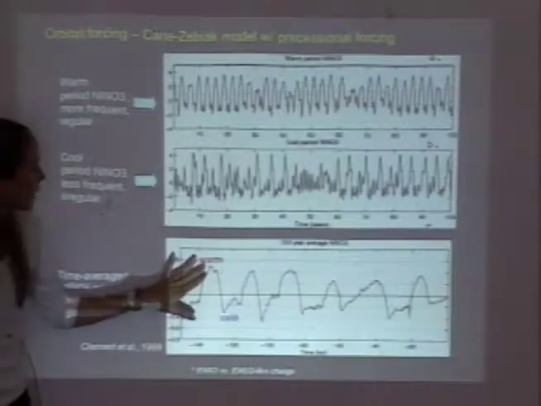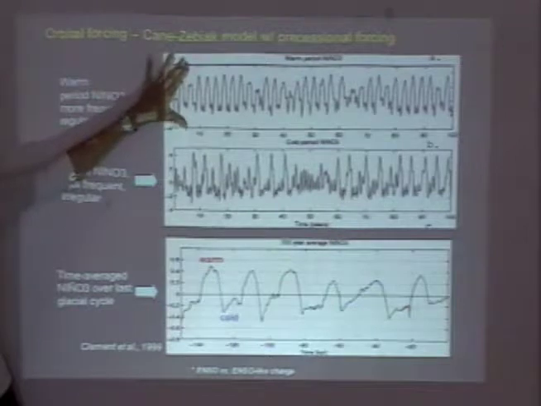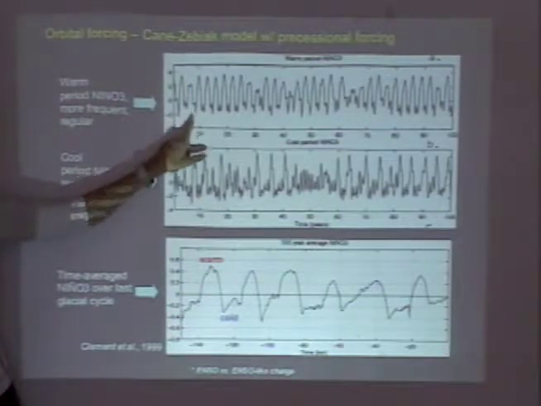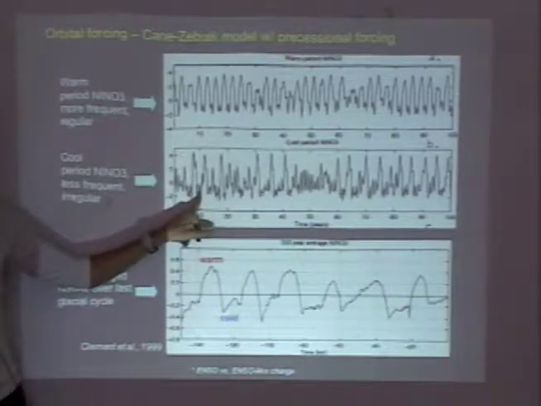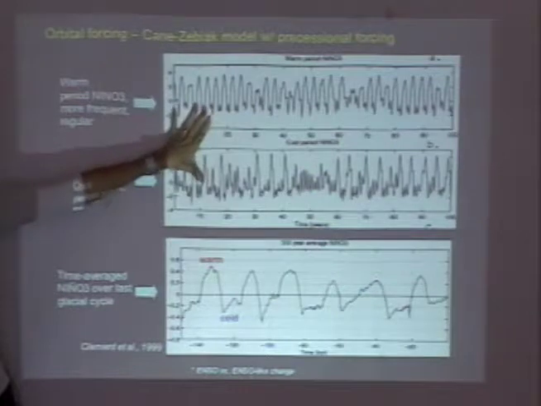Now, I think it's always more illustrative because this is shown all the time without this. So this is what the warm period looks like. This is the warm El Nino that they get on the top, and this is the cold El Nino that they get. The differences between these peaks and dips, you can see right up here.